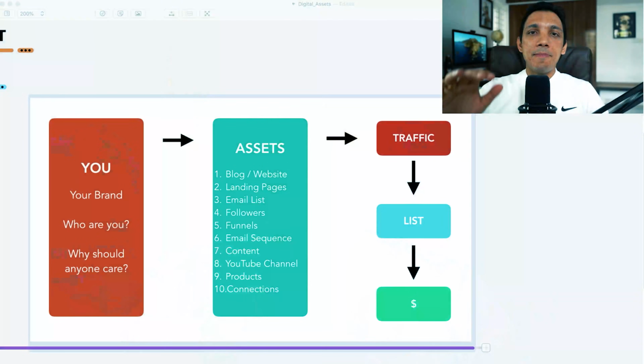And if you don't stand for something strong, your digital assets will not have potency, which in turn will not help you attract the right kind of traffic, which will not help you build the right email list, which will not help you make money. So the real driving factor of your success, in spite of me sharing all these assets, is you. It's the power of you. It's the power of your unique positioning in the marketplace and not just being a copycat copying somebody else doing the same thing.